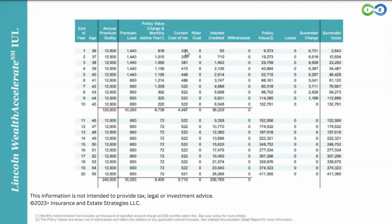When we're doing our annual reviews, we can run what's called in-force illustrations. So we can call the company and say, hey, give us a picture of what's happened to the policy so far, and then give us a picture of what's going to happen to the policy if this and this happens. So, there's a lot of things that can go on, but this is just showing you, when you're seeing this information online and you're seeing the TikToks and the YouTube videos,